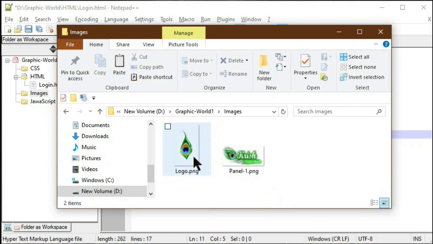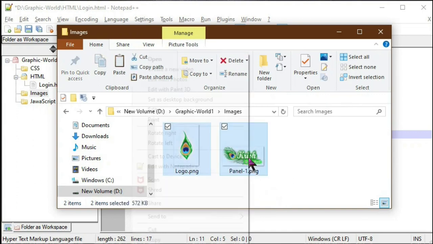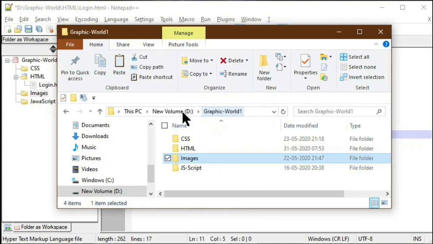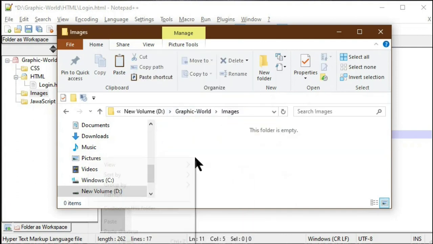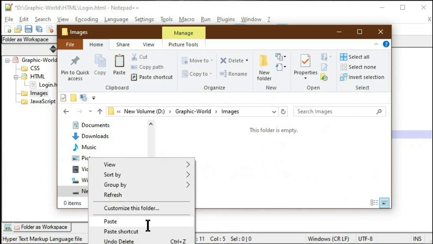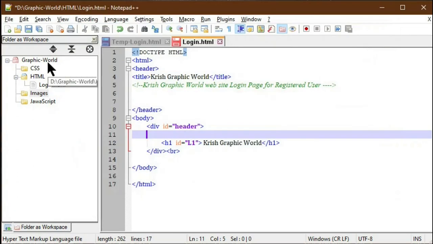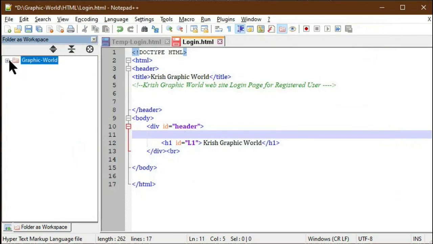I am selecting one logo image and one panel image, and I am making a copy, then I am pasting it in the graphic world image folder. So now just refresh your graphic world, then automatically the plus sign is added in the image folder. By clicking, it will show the two images.